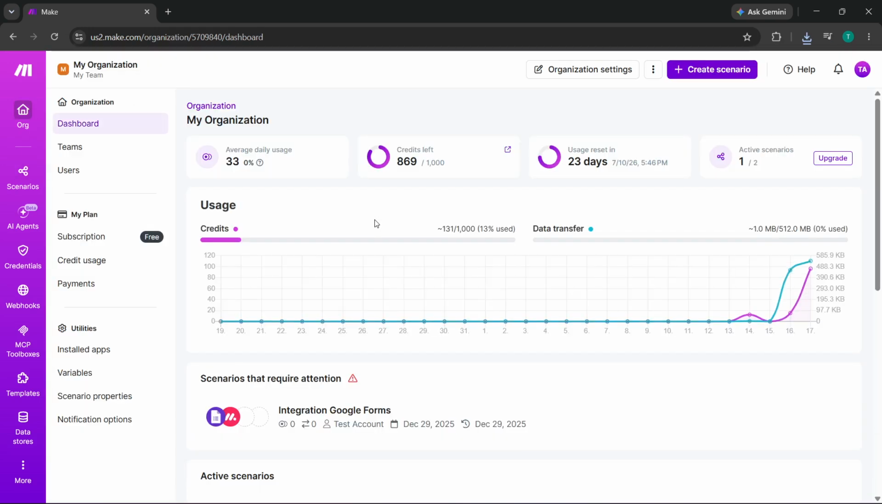Today, I'll walk you through how to use custom webhooks in Make, so you can connect external apps and automate